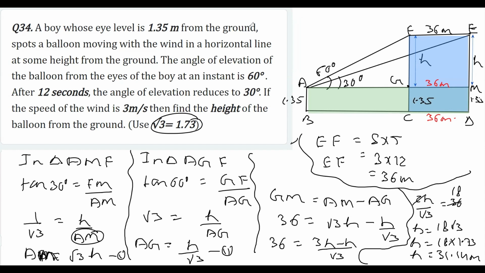Now, if I read the final part of the question, we have to find the height of the balloon from the ground. So we have obtained this height, right? We have obtained this height, and below it is 1 point. What was that? 1.35. So we need to add these. So the required height of the balloon from the ground, if I denote it by capital H, is 31.14